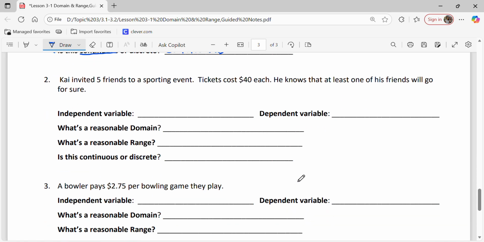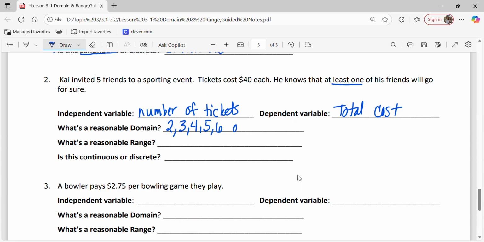Kai invited 5 friends for a sporting event. Tickets are $40 each. He knows that at least one friend will go with him. So my independent variable would be number of tickets. Dependent variable would be the total cost of the tickets. Reasonable domain, the least amount of people that are going, him and at least one friend for sure. So 2 may go, 3, 4, 5, and if all 5 friends go and him, it would make it 6